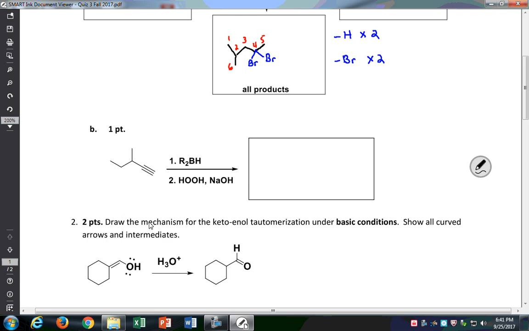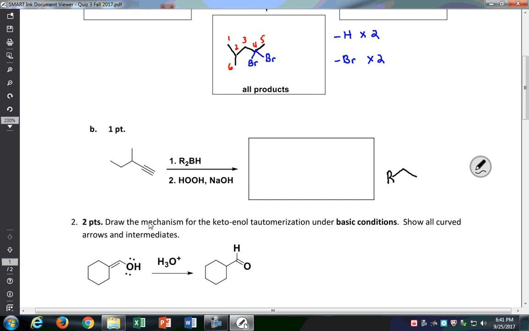Here we're using our R2BH. Now here we're not using BH3 because of possible byproducts. That's why we use the R2BH, so we only have one hydrogen available. And this is going to be our adding of H and OH, and it's going to be our